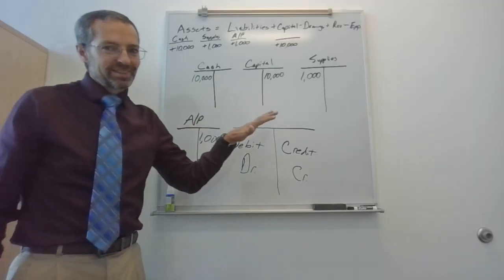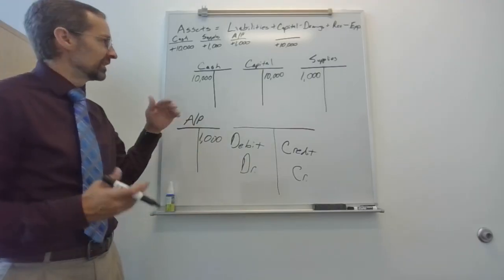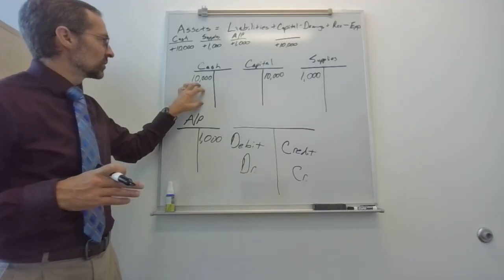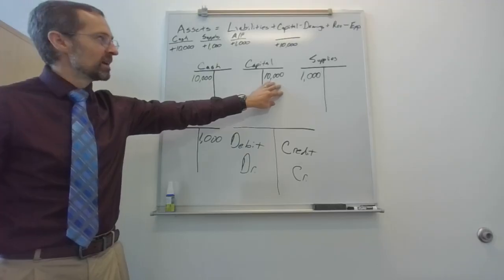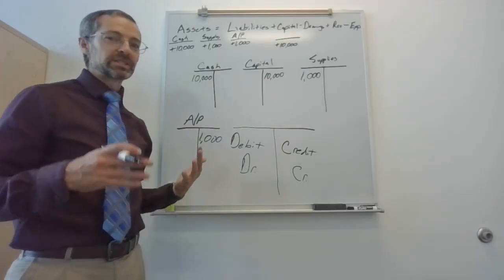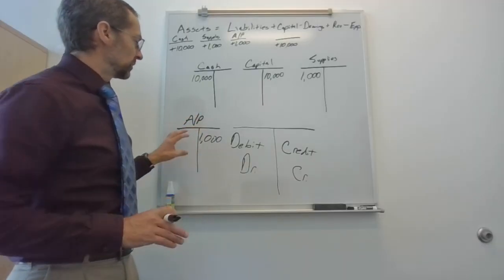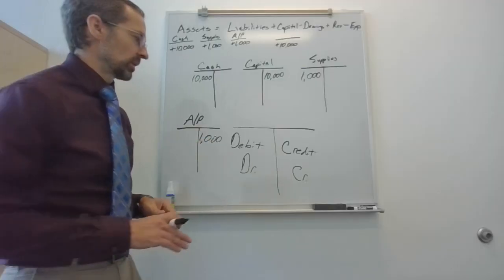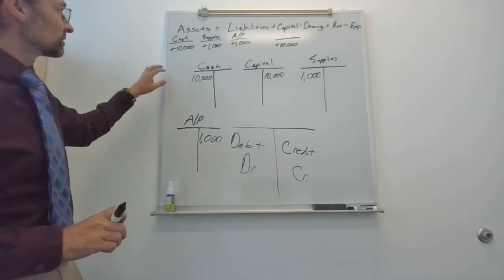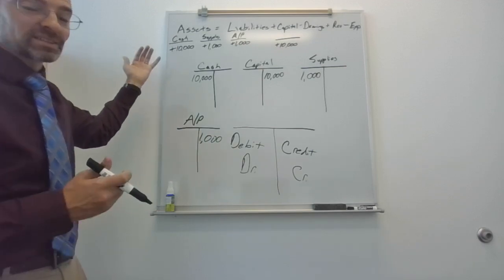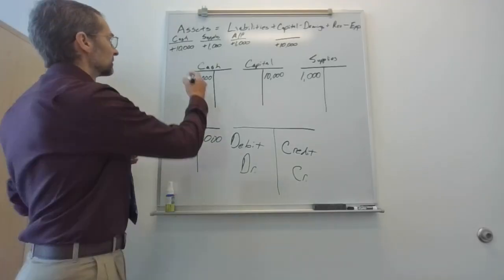What we're concerned about in this video is, how do I know which side to put it on? How did I know that cash goes on the left side if it's going up and capital goes on the right side? So that's what we're going to explore right now, is how do we know which side to put it on? Do I put it on the debit side or the credit side? Let's do one more transaction just to illustrate things. Let's say that we spent $1,500 on some advertising.